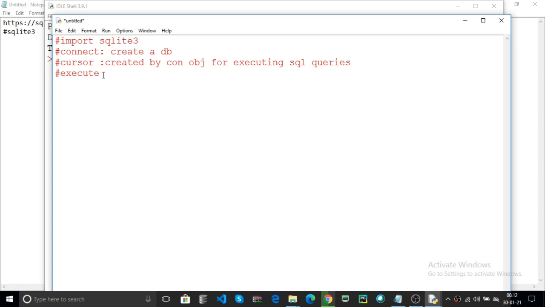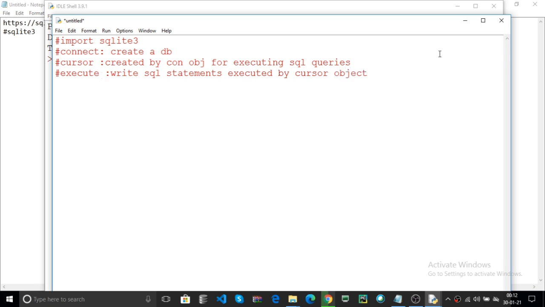Now execute is used to write SQL statements, and they are executed by the cursor object.